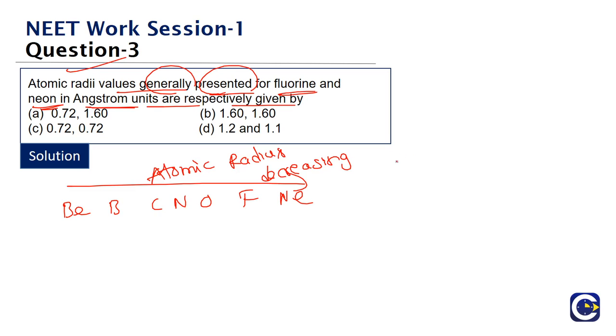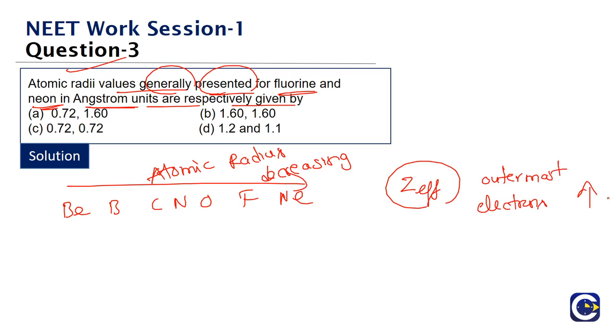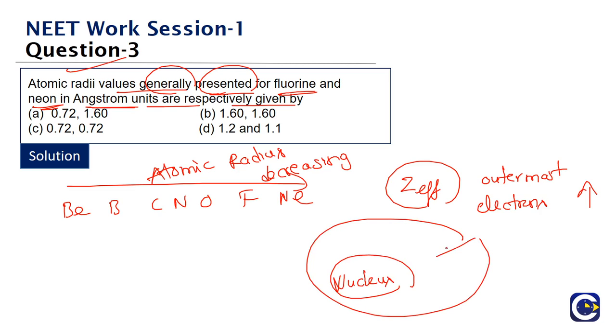So the outermost electron will come under more nuclear power. We'll say the effective nuclear charge acting on the outermost electrons, the valence electrons, will be increasing as we move from left to right. So thereby, if you have the nucleus, and this is the outermost shell, since the outermost shell is coming under more effective nuclear charge, it will be shrinking inwards. So the atomic radius will be decreasing.